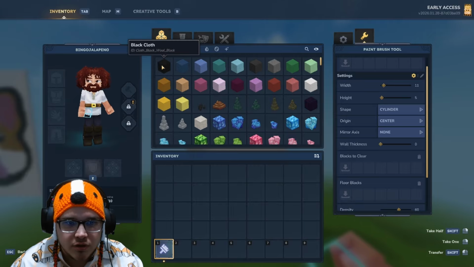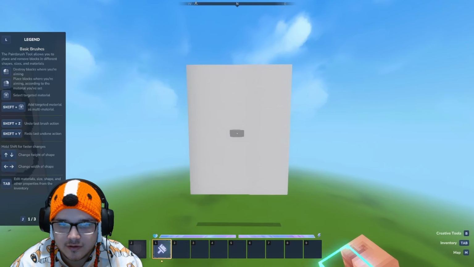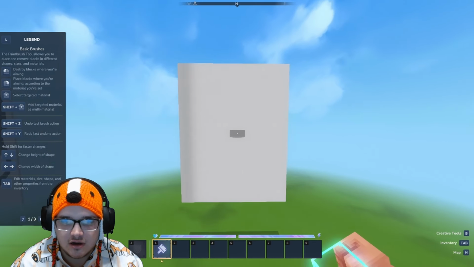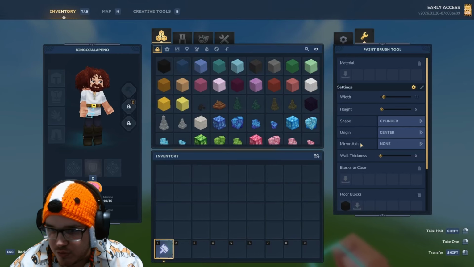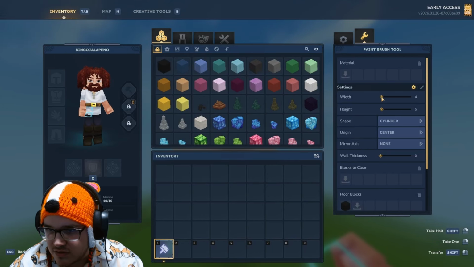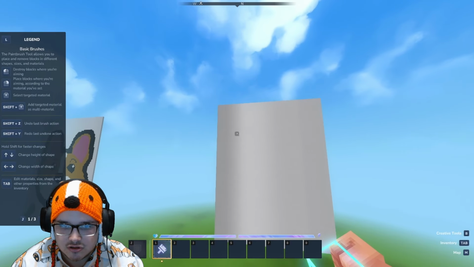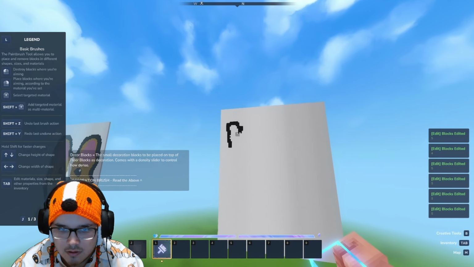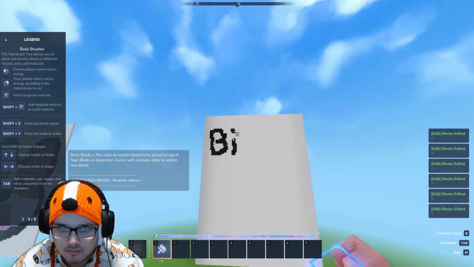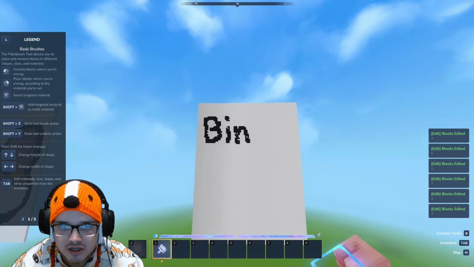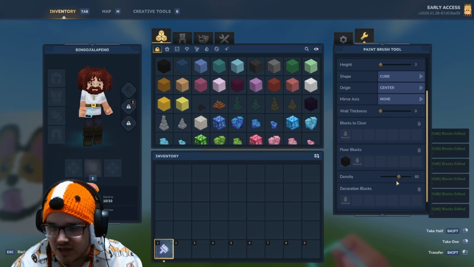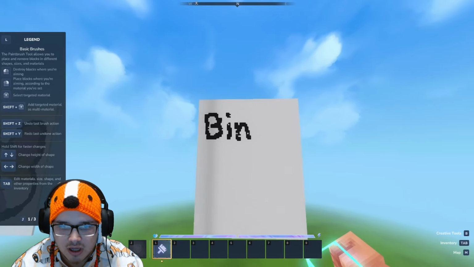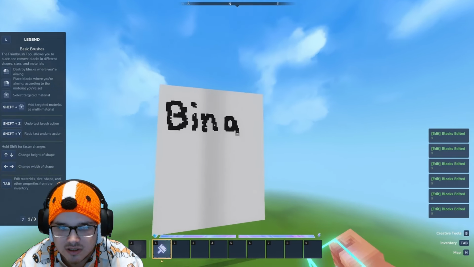So for example, if I wanted to draw some line work, and see, this is the brush. You can see what I'm moving with. You could change the width and height of this. So for the sake of drawing, I'll make it at least 2, and I'll make it a cube. Let's go ahead and draw something. I'll just write my name. Now you can increase the density, that way it's not so blocky like that. So watch. See, now it's very smooth,